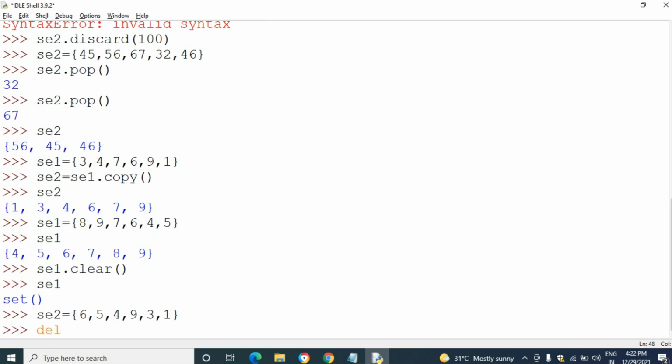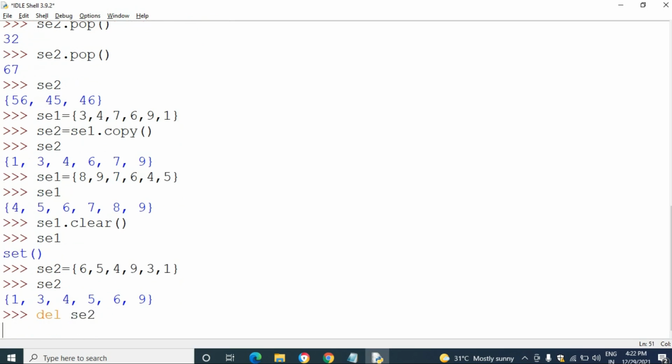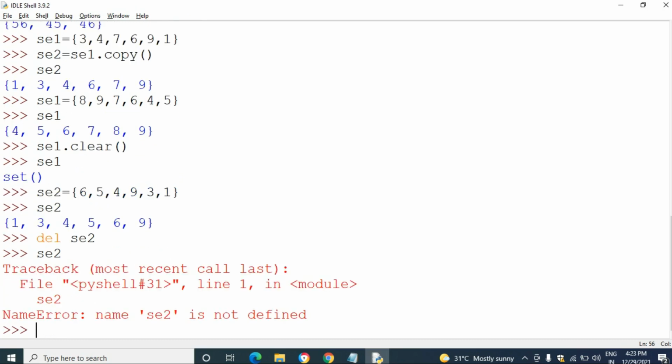Then delete set2. Before that I want to print the set elements. So these are all the set elements. After that I am going to delete set2.